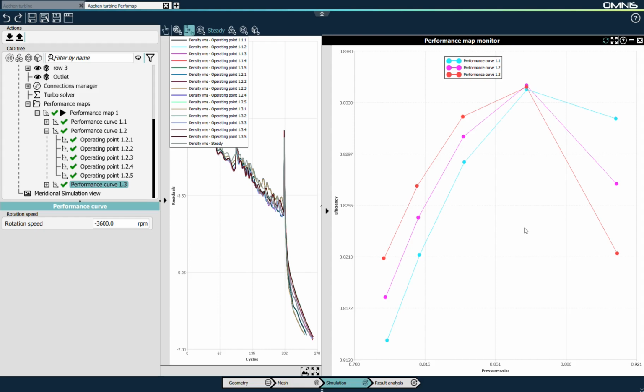I hope that I was able with this demonstration to convince you of the power of the Omnis environment, which combines in the same software every tool of the simulation workflow, from the geometry import to the mesh generation, simulation and results analysis, and which brings a lot of advanced features to the user, such as the co-processing capability that allows the user to monitor the convergence and the evolution of the flow solution while the solver converges.